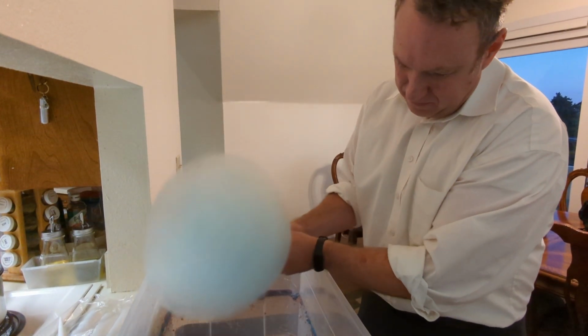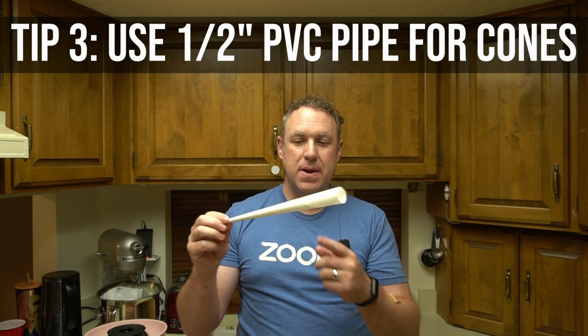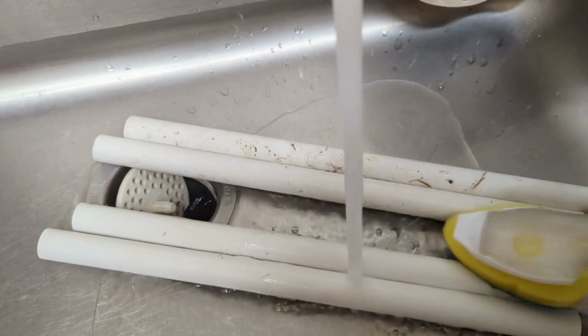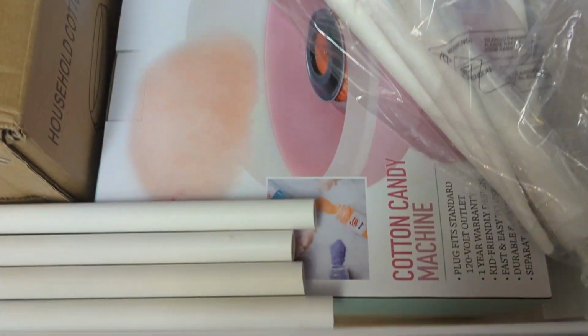Another trick I do is useful if you ever run out of these cones. These are really inexpensive, but if you accidentally run out, you can always roll up a piece of paper and just tape it. That's all this is, just a piece of paper taped up. But what I like to do even more than that is cut up 1/2-inch PVC pipe and use this instead. I've looked online everywhere for reusable cones like this, and I've seen them in a couple places